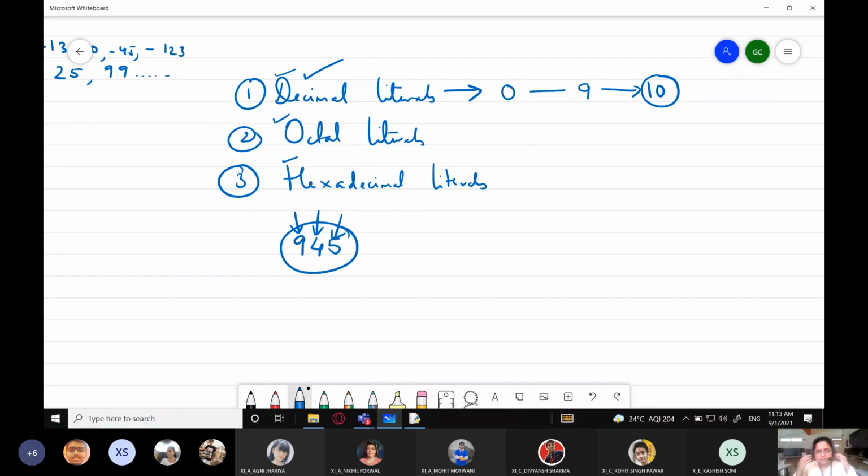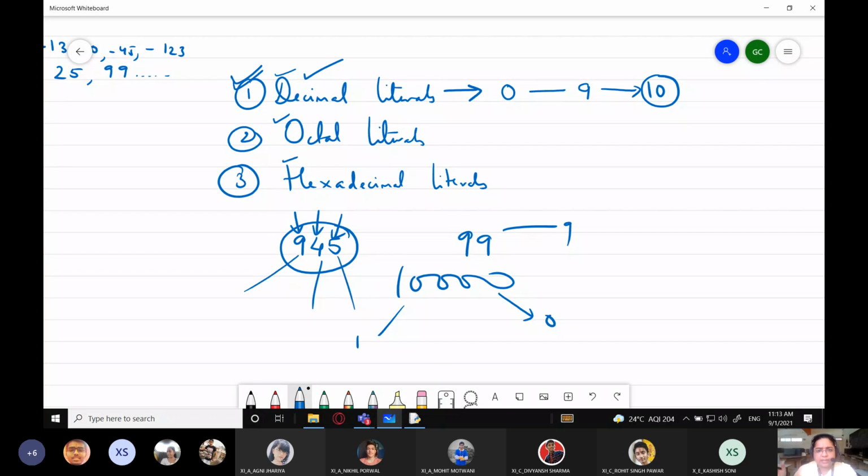Where did the concept of counting come from? It came from our hands, right? And because our hands had 10 fingers, we started with the very first system, that is the decimal number system. Every number is a combination of any number of digits taken from these 10 only. Take any other number, take 99, take 1000. Which digits are being used in these? We are using 0 and 1 here, we are using 9 here, we are using 9, 4, 5 here. So any number you take, it is a combination of digits from among these 10 digits only.